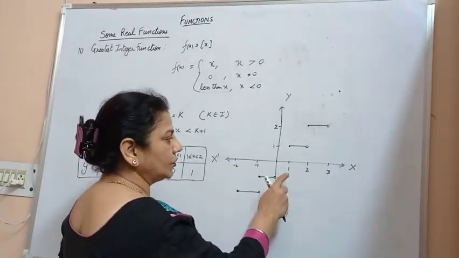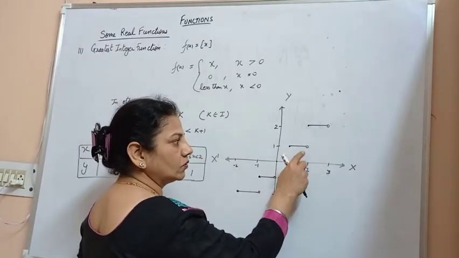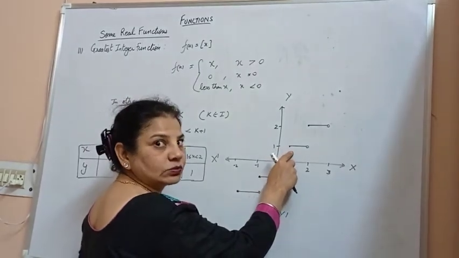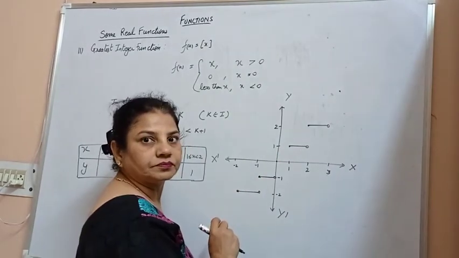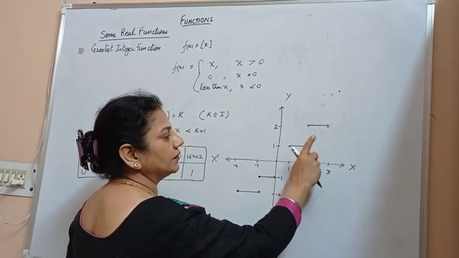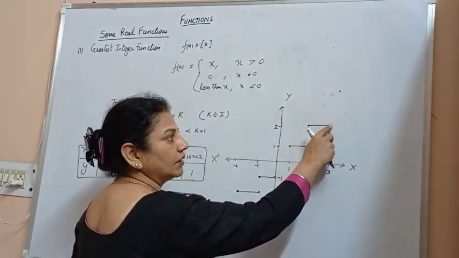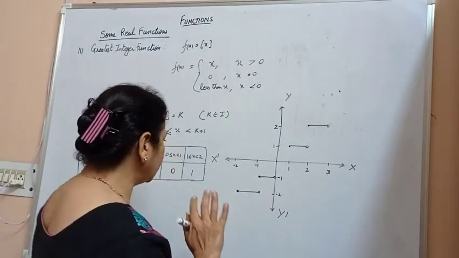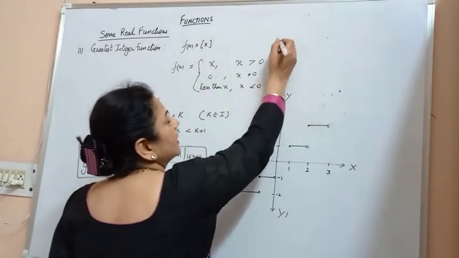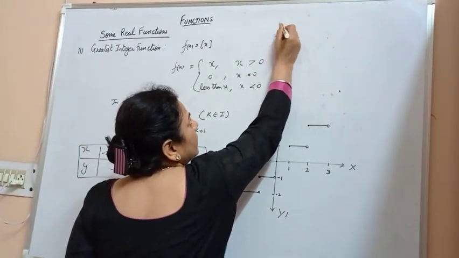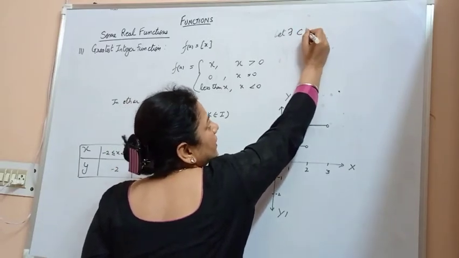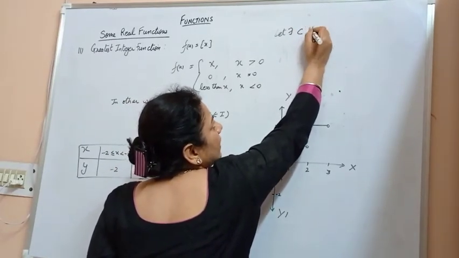When x is from 1 to 2, the value of y is 1 but not equal to 2. When x takes the value from 2 to 3, then we will have the value of y as 2 but not equal to 3. Or in other words, to make it clear, let there exist c, any real number,